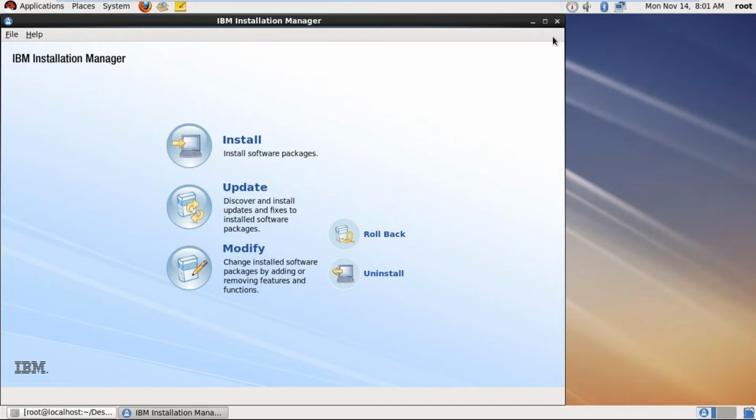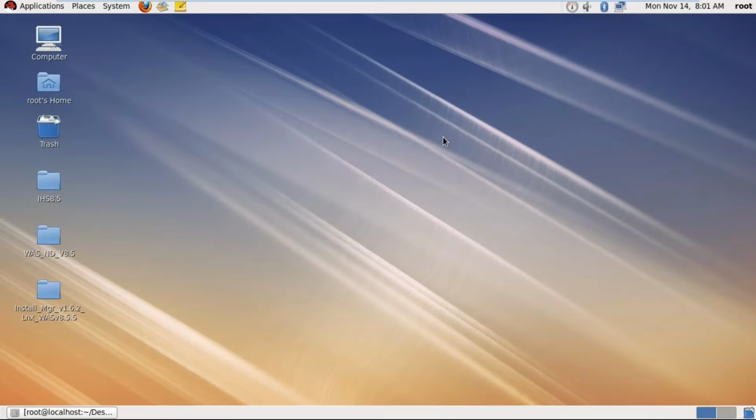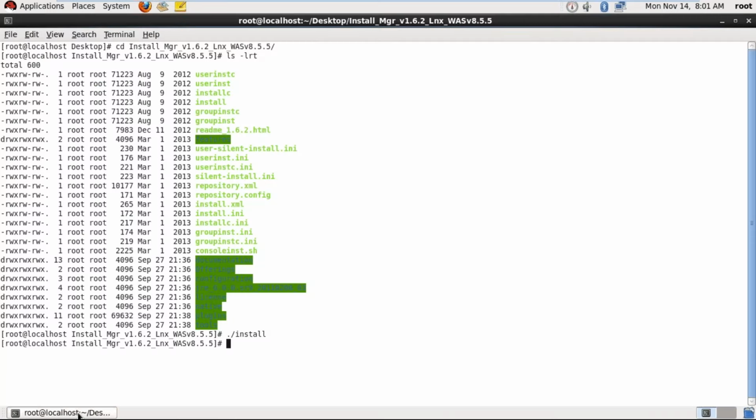But if the installation already exists and you want to install products, how do you do it? Go to the installation path: /opt/IBM/InstallationManager/eclipse. This is the path where we have installed the product.